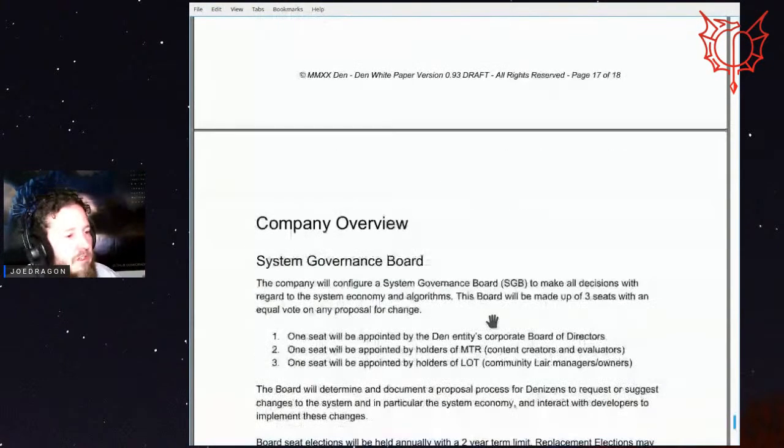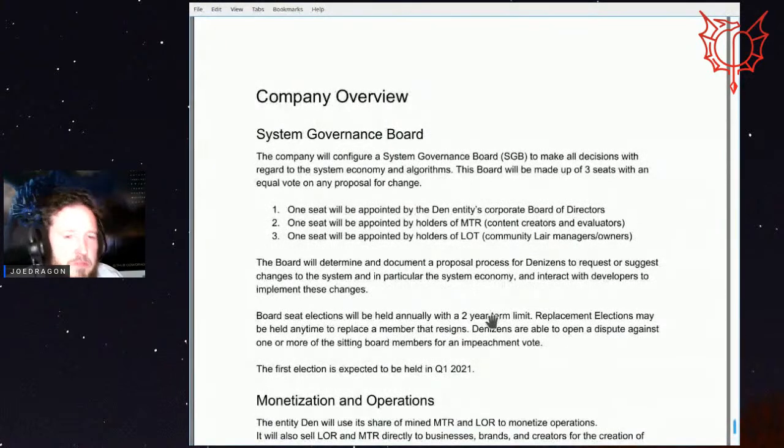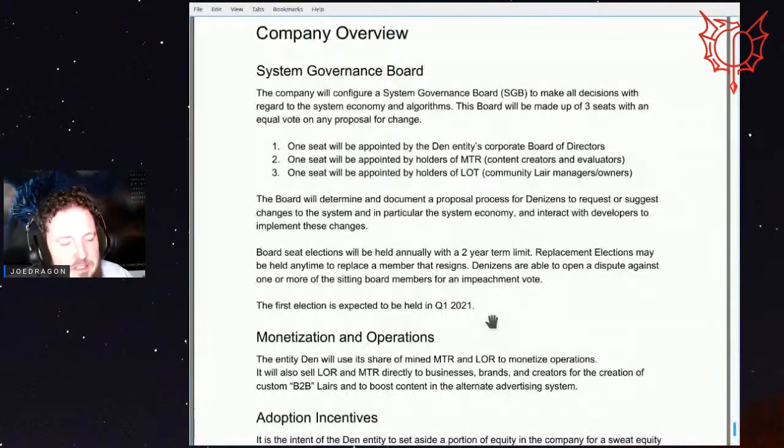Okay, we're almost done here. So now we're going to get into company overview, and this is really important because it's less technical, but we've seen historically how a lot of platforms have failed because there are competing factors. You have the business itself. Do we put in advertising? You have the community, who obviously we don't want ads. We just want an interface to talk to people on. And so what we're doing here is